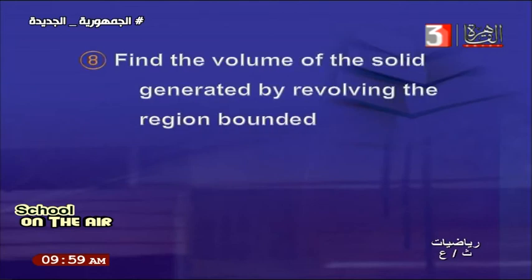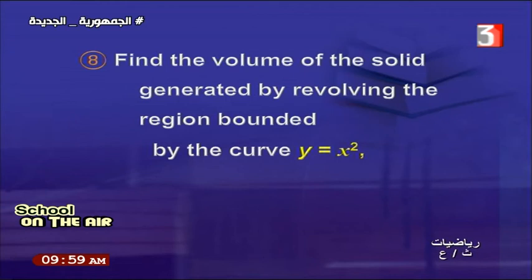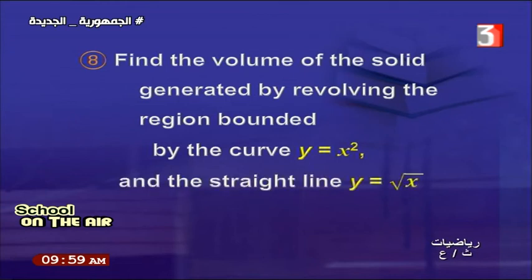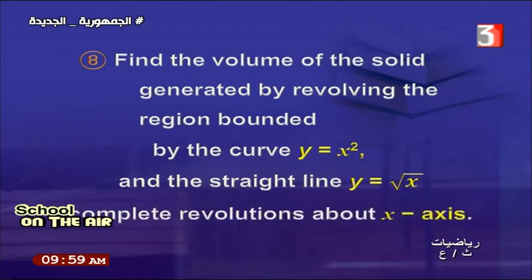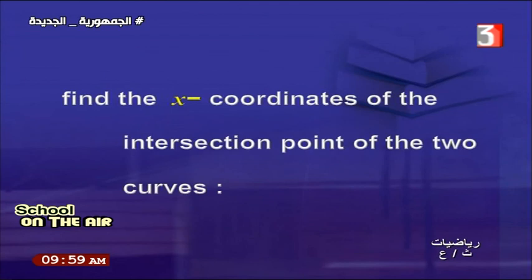Number 8. Find the volume of the solid generated by revolving the region bounded by the curve y equals x squared and the straight line y equals square root of x, a complete revolution about the x axis. Now we have two curves, y1 and y2. y1 equals x squared and y2 equals square root of x. To find the x coordinates of the